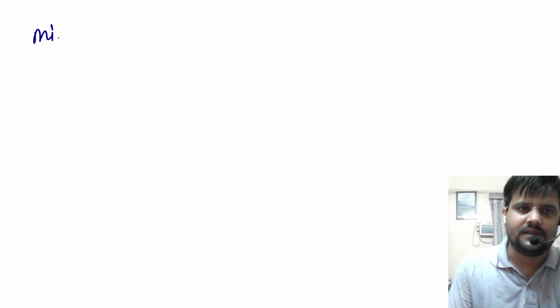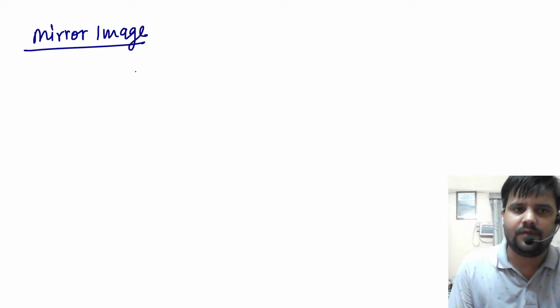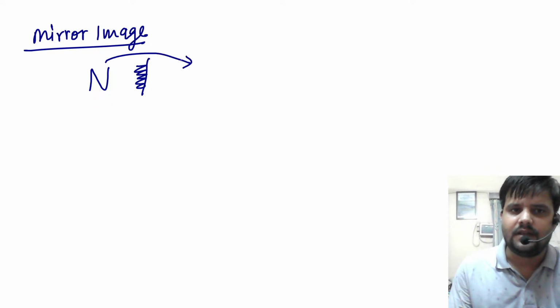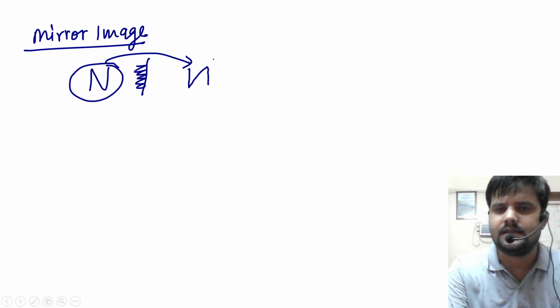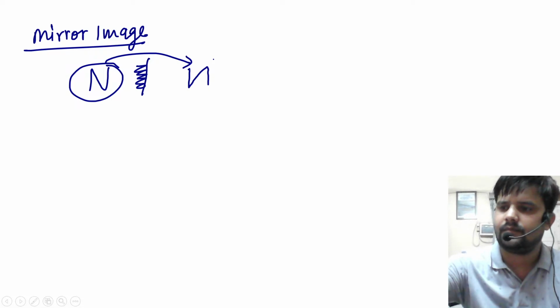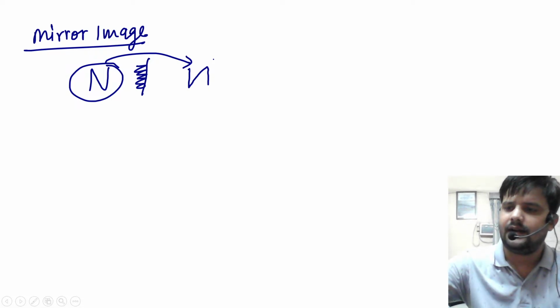So what about mirror images? In mirror image, whatever you present in the mirror, let's say this is your mirror. If you write, let's say n like this, in the mirror image this will be flipped onto the right hand side. So how this will be shown to you in the mirror, it would be like this. Whatever you present in the mirror flips onto the right hand side. So just like that, if you're